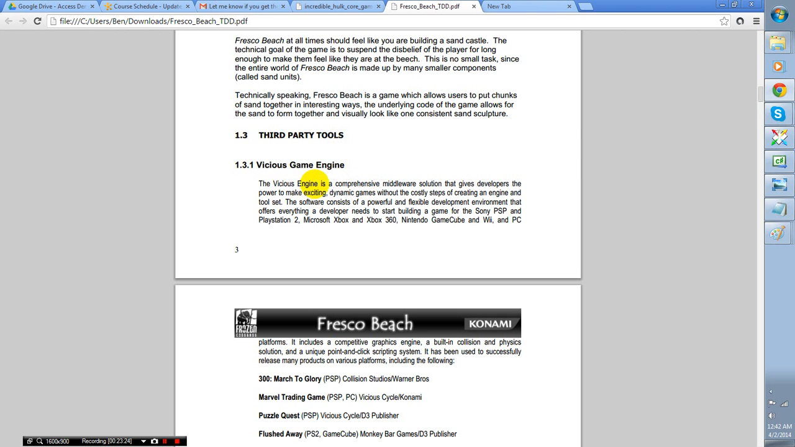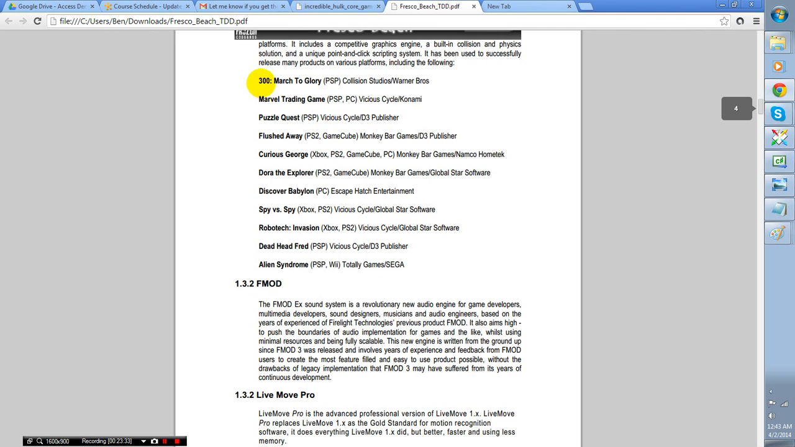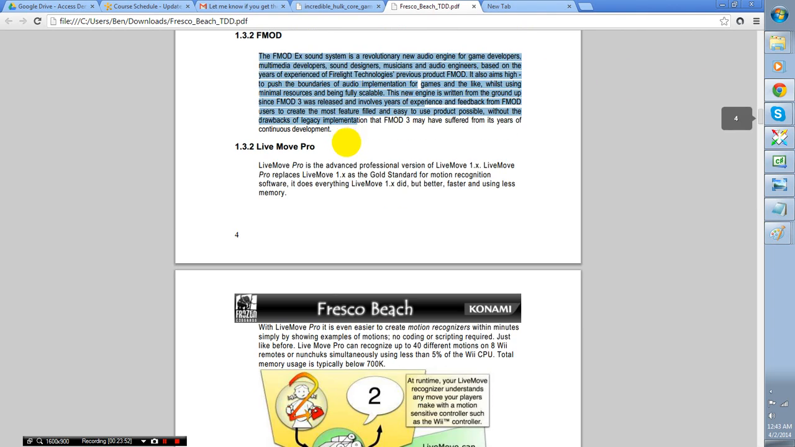So we used the Vicious Game Engine for this. This is the part where if you were creating a technical game design doc for, for example, an XNA game, you would talk about the XNA tool set that you're using. Maybe some of the games that XNA launched with. These are some of the games that the Vicious Codebase launched with. We also used FMOD for our sound system, and we talk about some of the specific audio implementation notes for FMOD inside of here. Another technical note is that we used Live Move Pro, which is an advanced technical solution